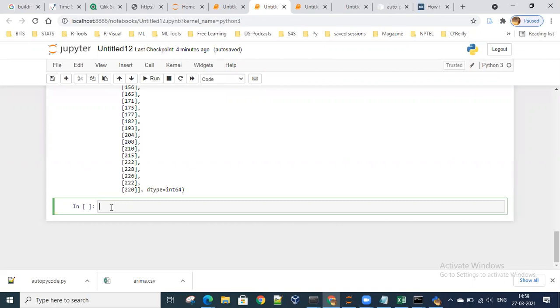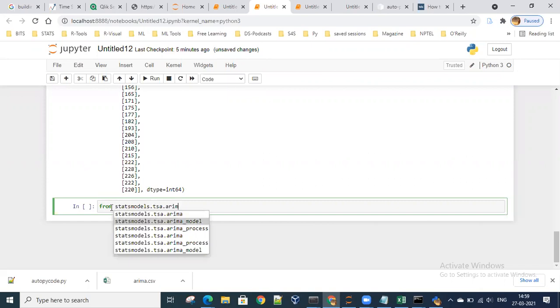So what I'll do here is, we have another function that is available, from statsmodels dot tsa dot arima model import ARIMA.